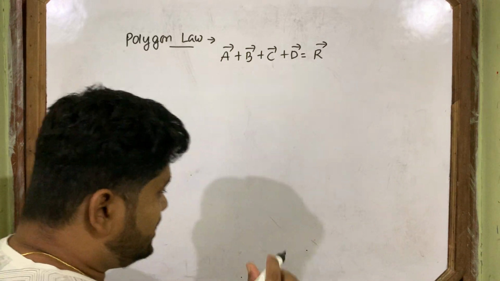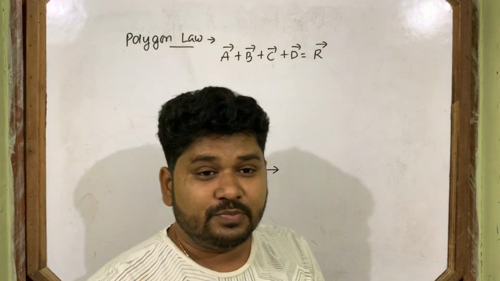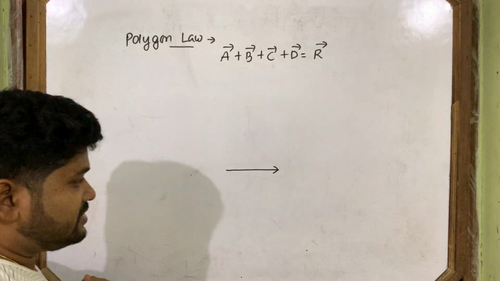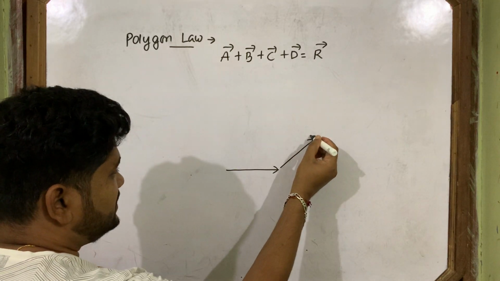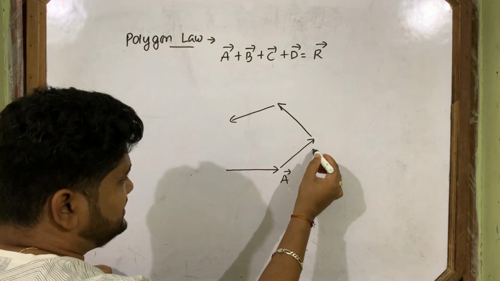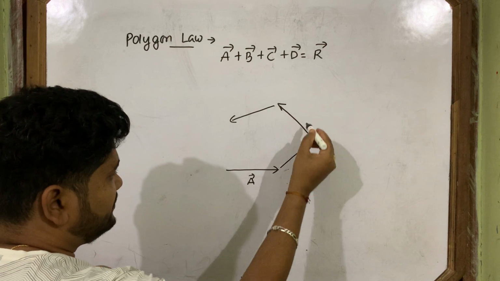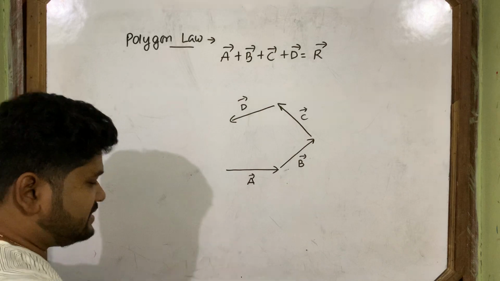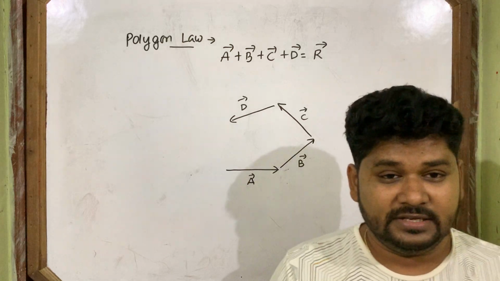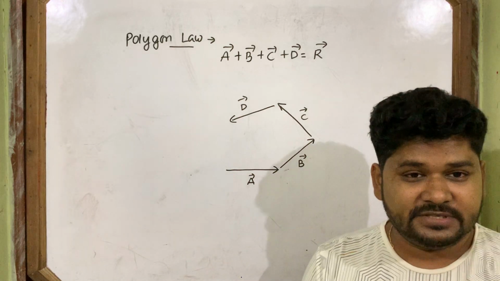Then what we'll do is present the four vectors as the sides of an open polygon. So this is one, this is one, this is one, this is one. You have to present them. This one is A vector, this one is B vector, this is C vector, this is D vector. If they are presented by the sides of an open polygon, is the polygon open now? Yes, one side is still left.